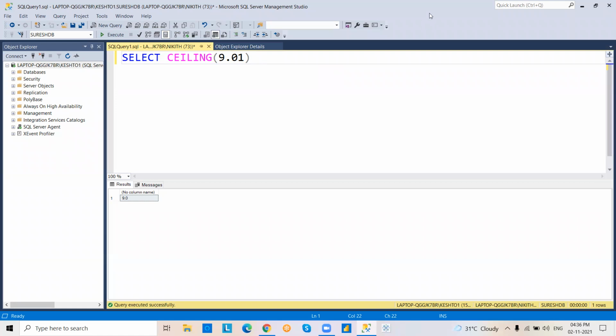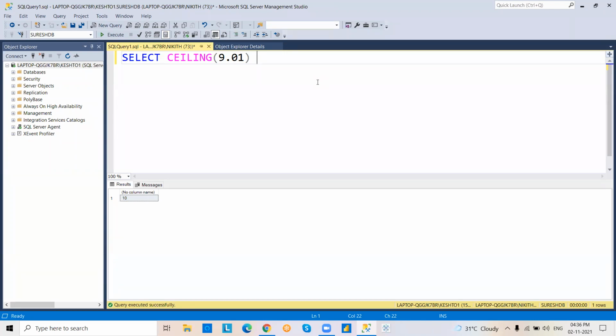It converts that decimal value to the next integer. What is the next integer of 9.01? That is 10.